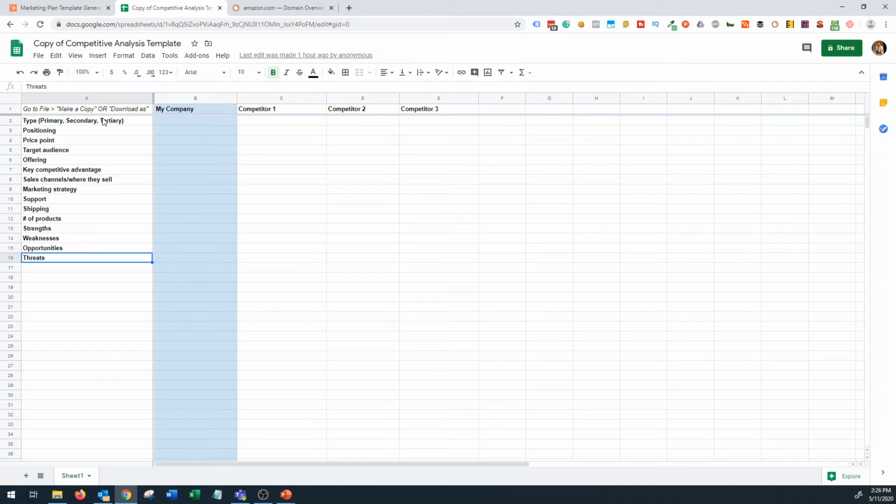And you can use these attributes for your company. Obviously, you will fill it out for your company, and then you will also plot it for your competitors, and that will help you to identify your sweet spot, which is why is your company in a different position, in an advantageous position, and how can you maximize that effectiveness of that competitive advantage for your benefit.